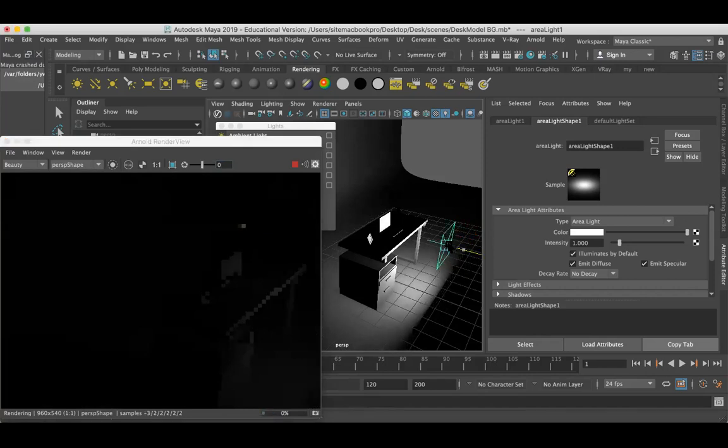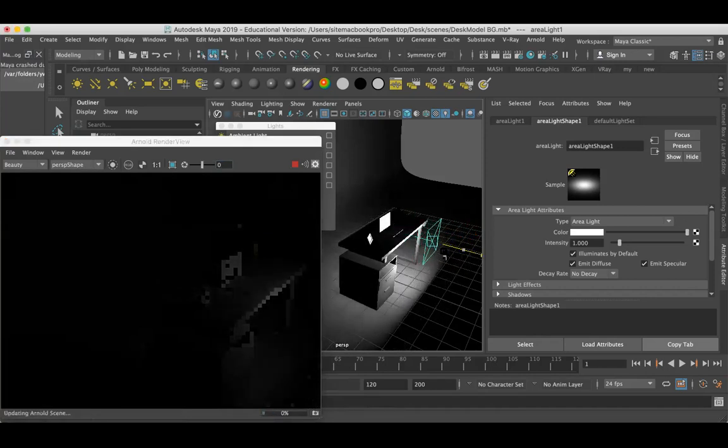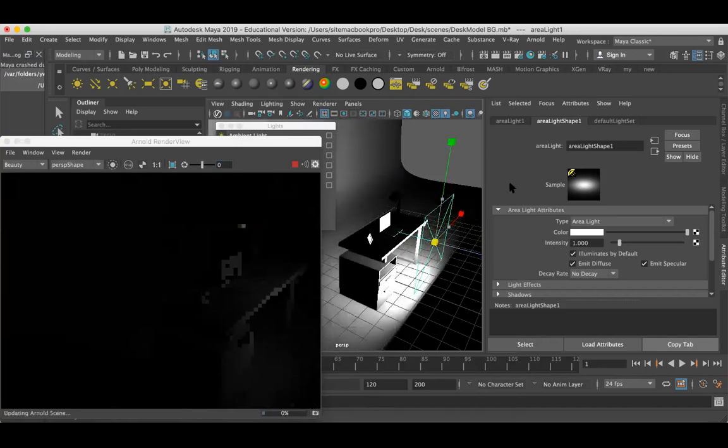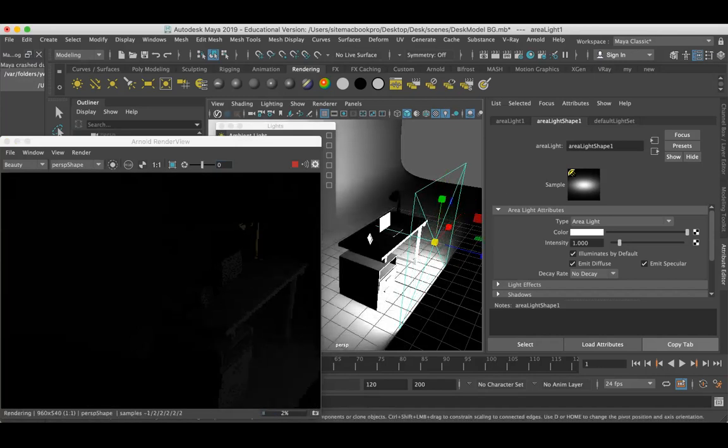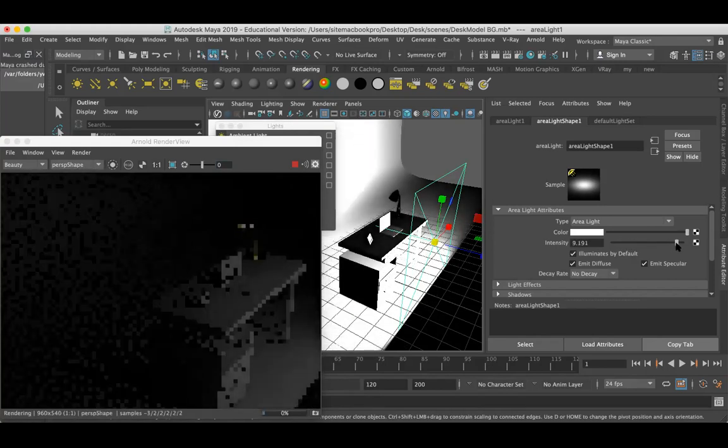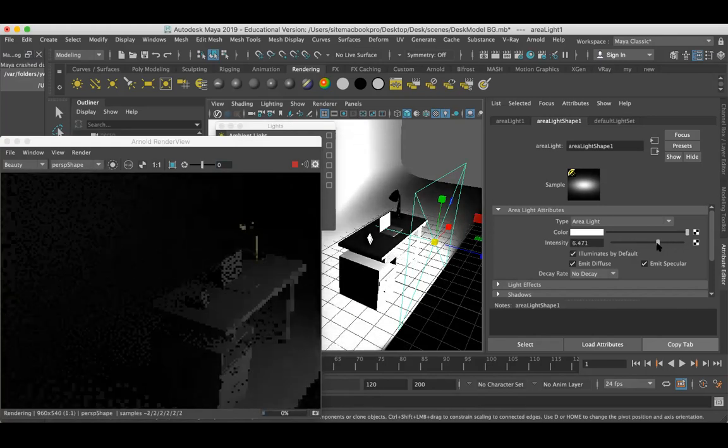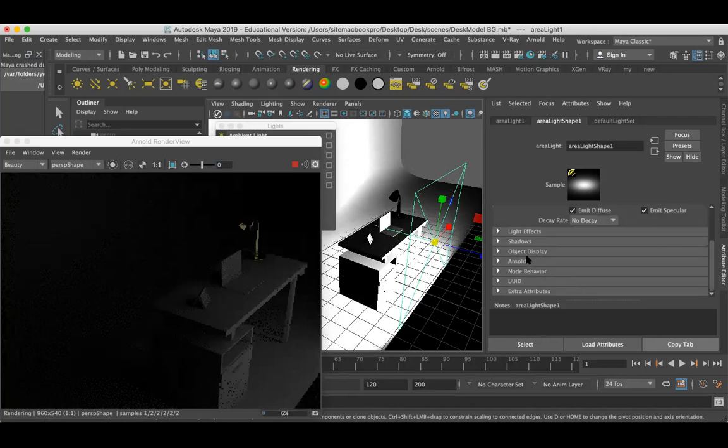The advantage of the area light is, if I scale up my light, it gives me different values. To look into that, let me increase some intensity, and we can even work with some exposure.